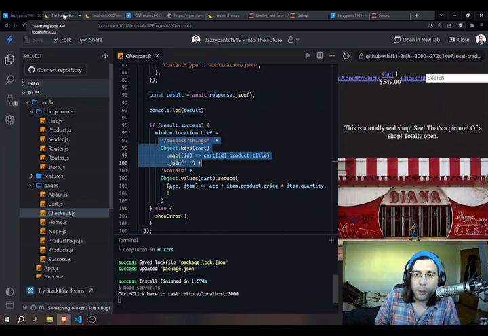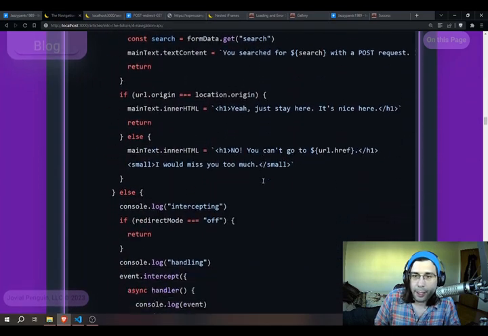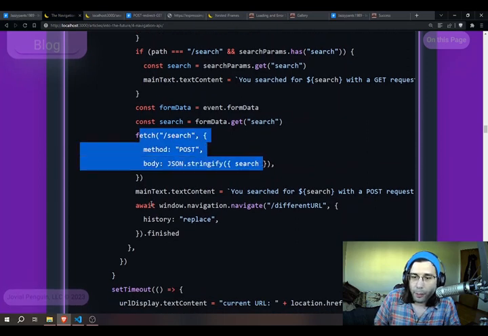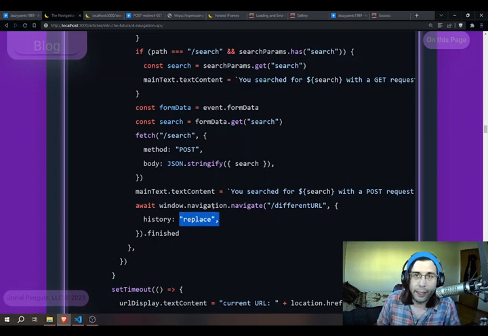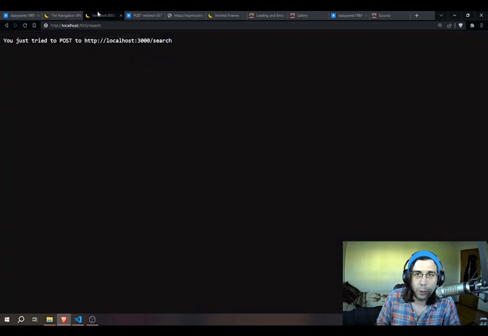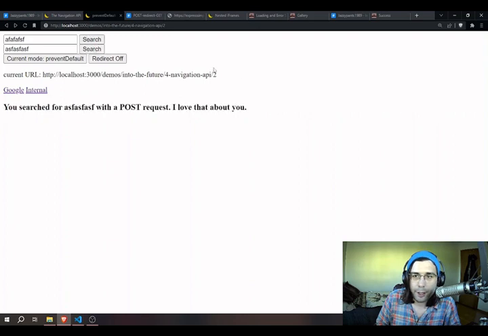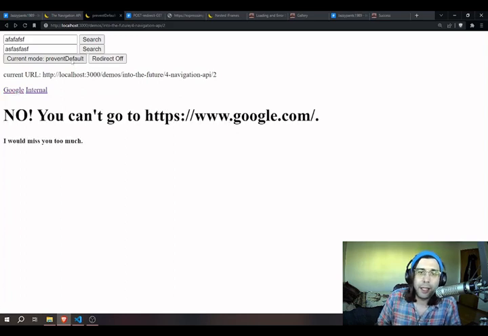But on the new router, what we can do is actually something a little bit different, where we just intercept it, and then after we intercept it, we can do something similar. But we can just navigate over there and replace it in the history. It's all very, very nice because this can actually still do the normal requests, which will go through to the URLs. So you don't have to do it like this with prevent default, where it never changes the URL. You can do some internal links, but it's not going to let you leave,